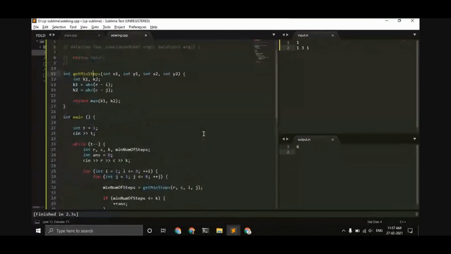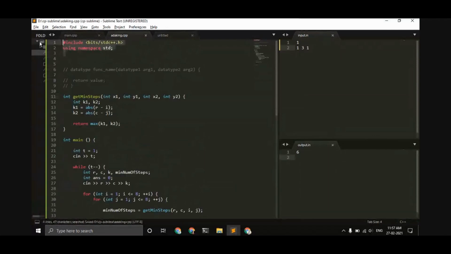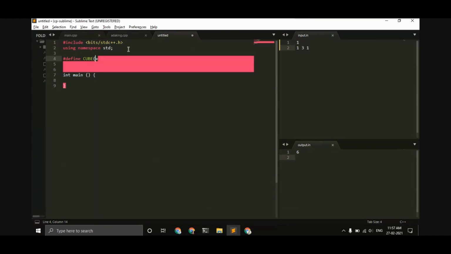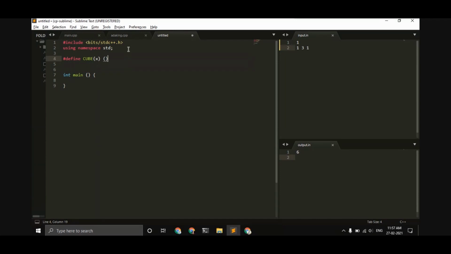So let's again make a template. I'll show you where a macro is run. Let's have a macro: define cube, we'll take x as an input, and we'll basically return x multiplied 3 times.